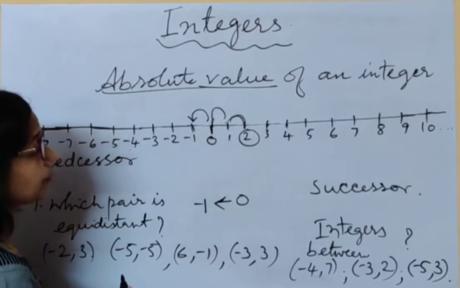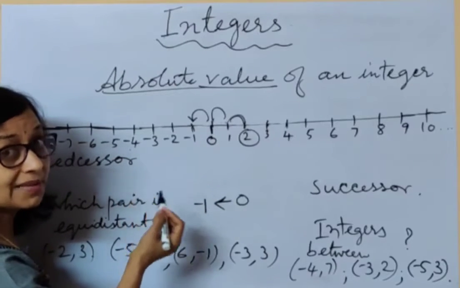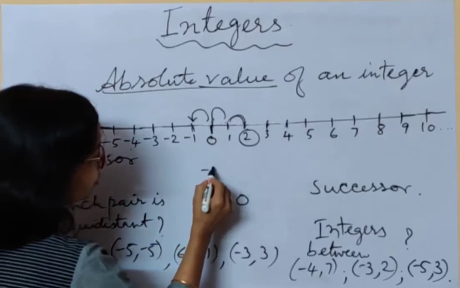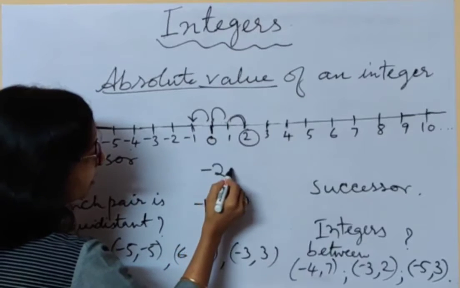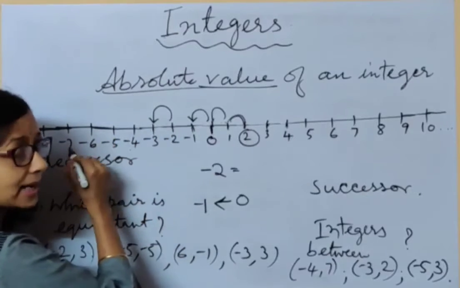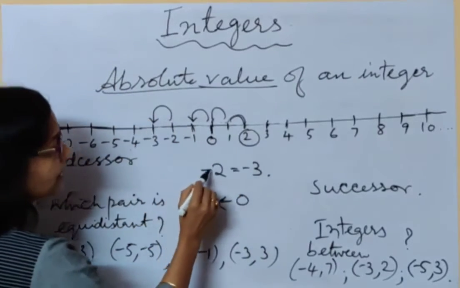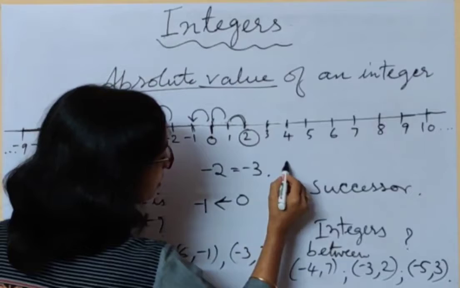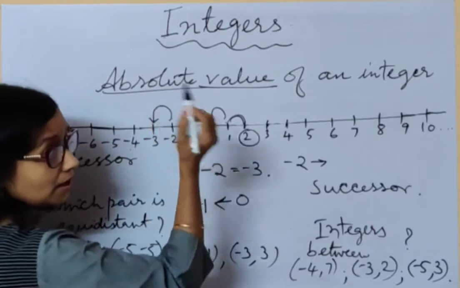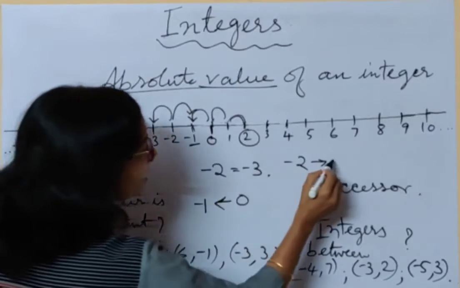And we have to understand that when we are writing a predecessor, for negative numbers too, the value should come less than that. So suppose the predecessor of minus 2. Now what will be my number? Predecessor of minus 2 is one number back, that is before, so that is minus 3. Now what is the successor of minus 2? One number, it goes more, the value increases. So it is minus 1. Successor of minus 2 is minus 1.